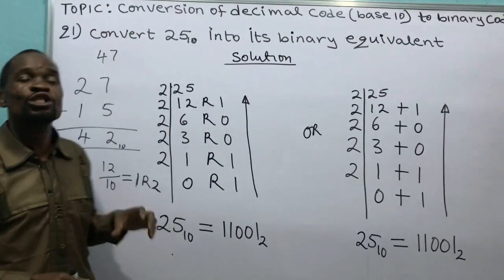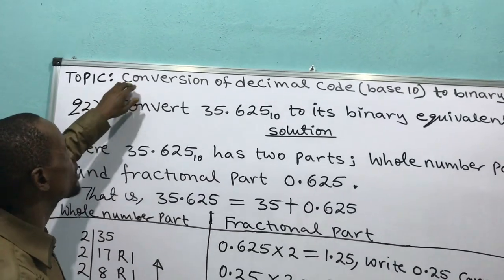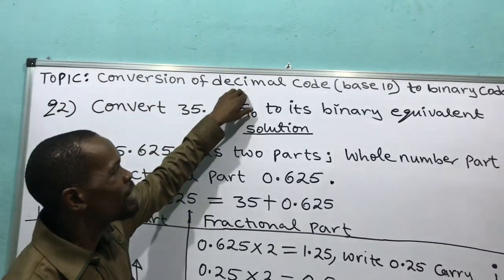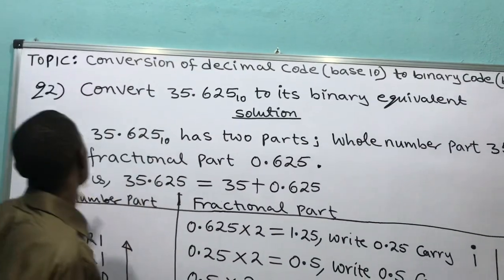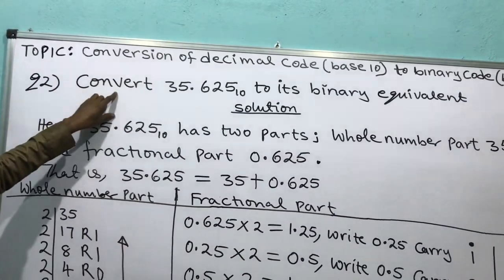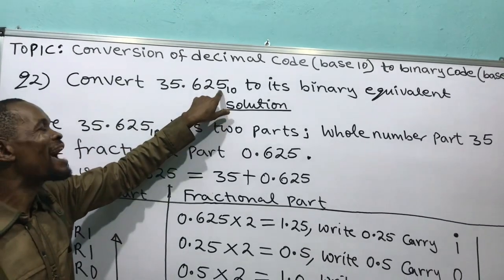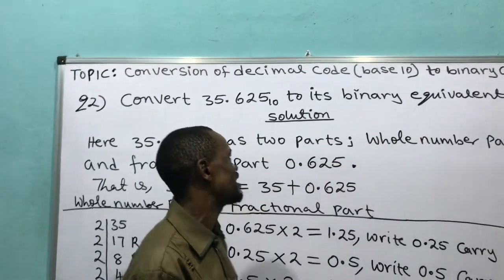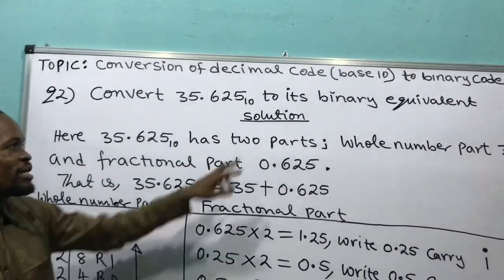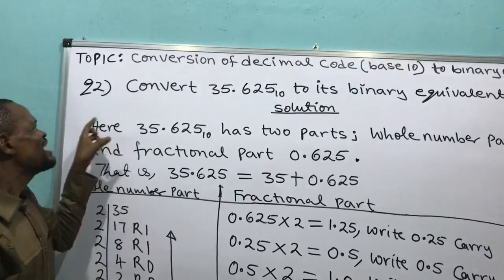Can we go to question number 2? We are still in the topic conversion of decimal code base 10 to binary code base 2. Question number 2 says, convert 35.6245 base 10 to its binary equivalent. That's the question there. We say solution. You remember here that